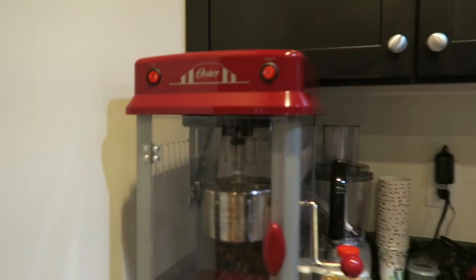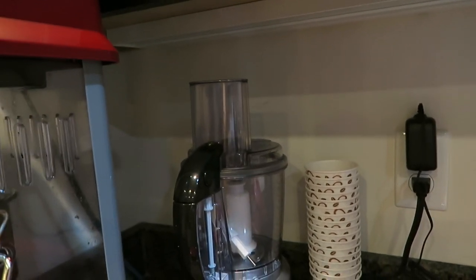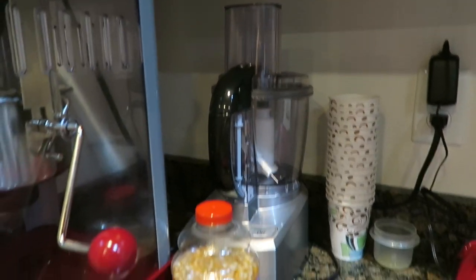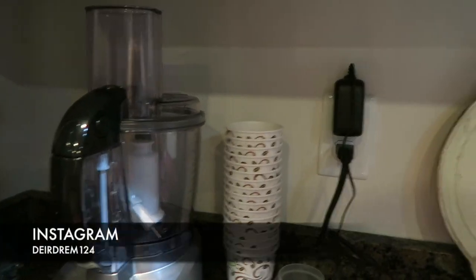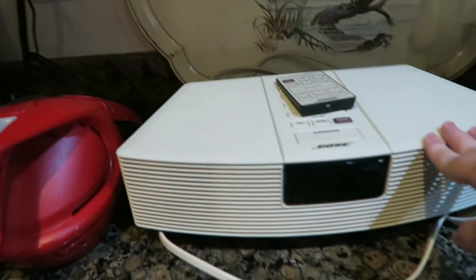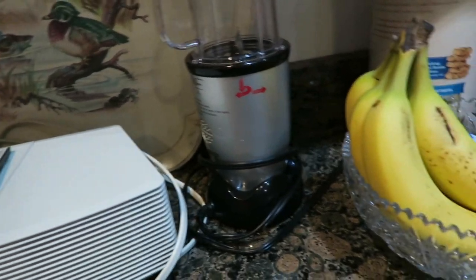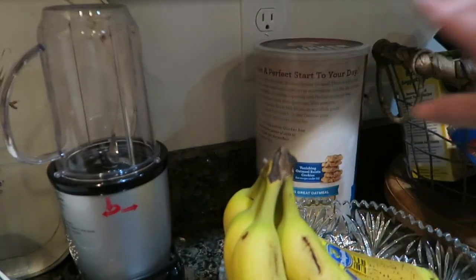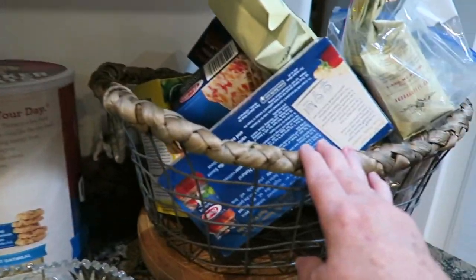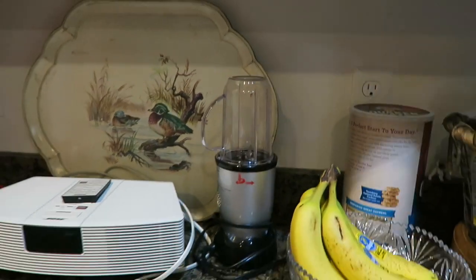Here I got a popcorn maker. I got a Cuisinart over there. Some popcorn cups, and this is a Dirt Devil, a radio, my magic bullet, and some bananas, oatmeal, and some different items in here, and a roll I'm gonna eat, and then I have a nice platter back there, and then up here we have